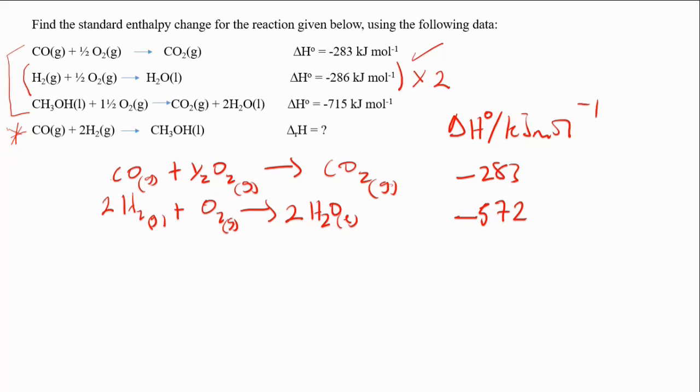So we'll have to flip this equation around. Flipping it around is the same thing as multiplying it by minus 1. Okay? Look at what I do down here now. So here we go. Here I go. CO,